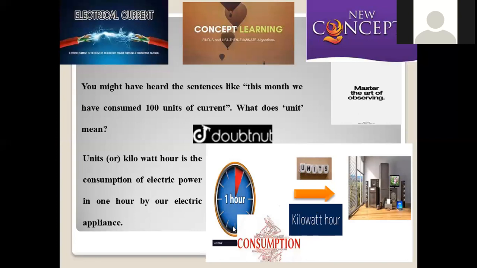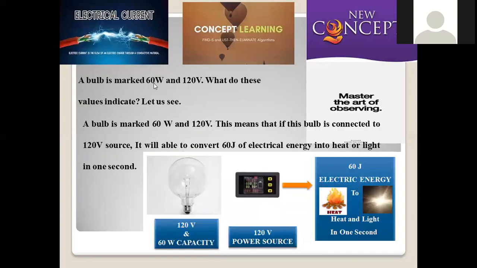How much electricity we are consuming within 1 hour for running all the electronic gadgets we use in our daily life at our household is denoted as a unit. So simply, a unit, which is alternatively known as a kilowatt hour, is nothing but the consumption of electrical power within 1 hour in order to run all these devices at our household, right?